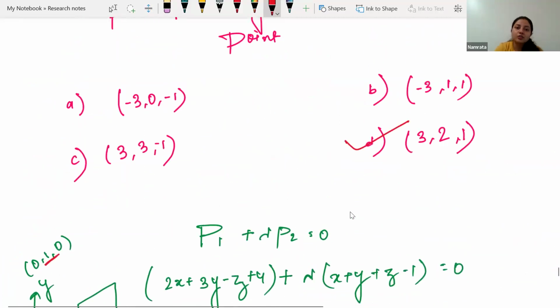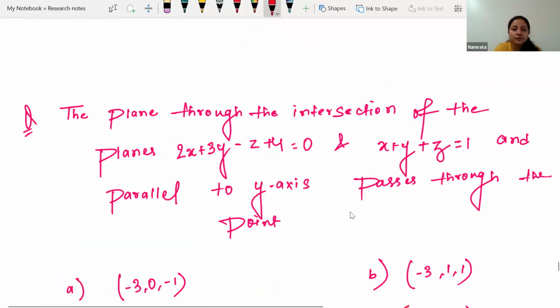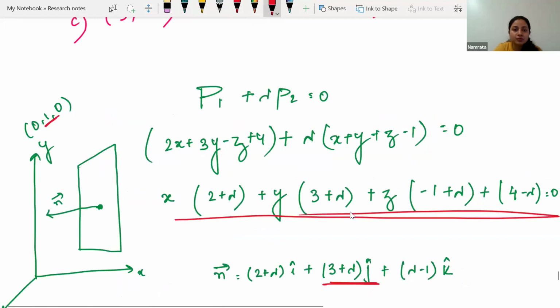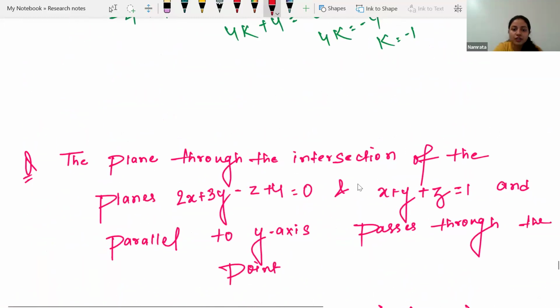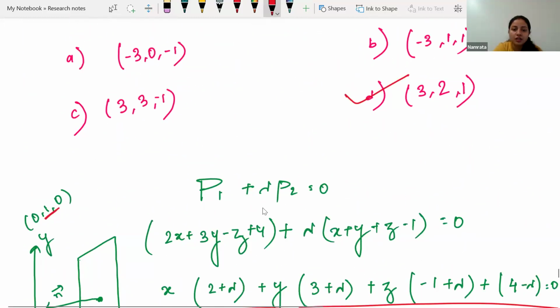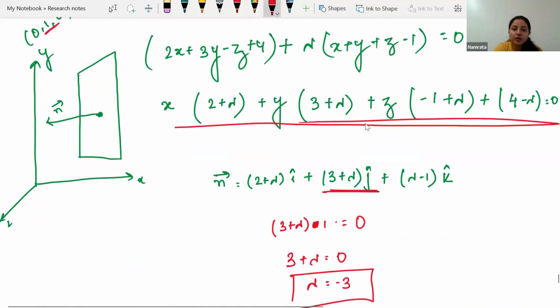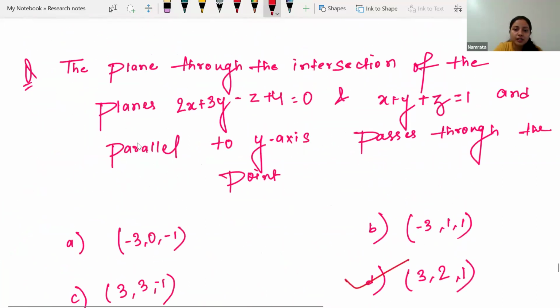Is it clear to everyone what we have done here? Yes, ma'am. We found the equation of a plane which is passing through the intersection of the given two planes. This is the required format. From here we got the equation of the plane in terms of lambda. We needed to find the value of lambda. Here one condition is given,